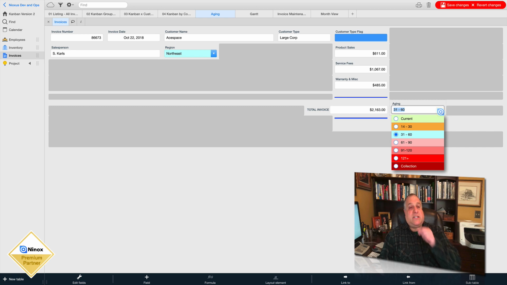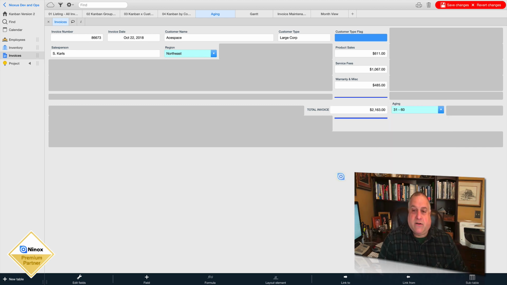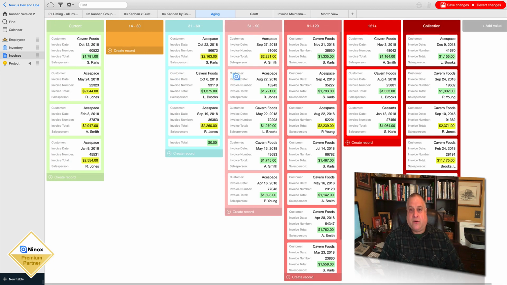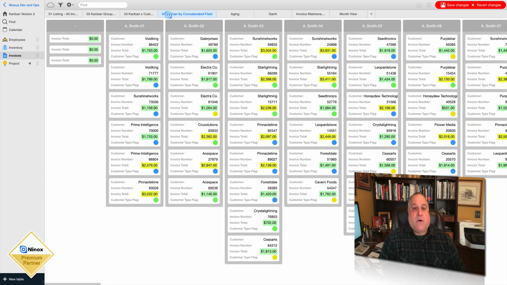But what if we want to use more than one criteria to group our records by lane? Let's look at that. Here I'm going to go into invoices, and I am going to look at our Kanban by a concatenated field. What do we know about concatenation? It is the joining together, the adding or combining together of two non-numeric values, or textual or alphanumeric values, or strings, it is concatenating or joining them together